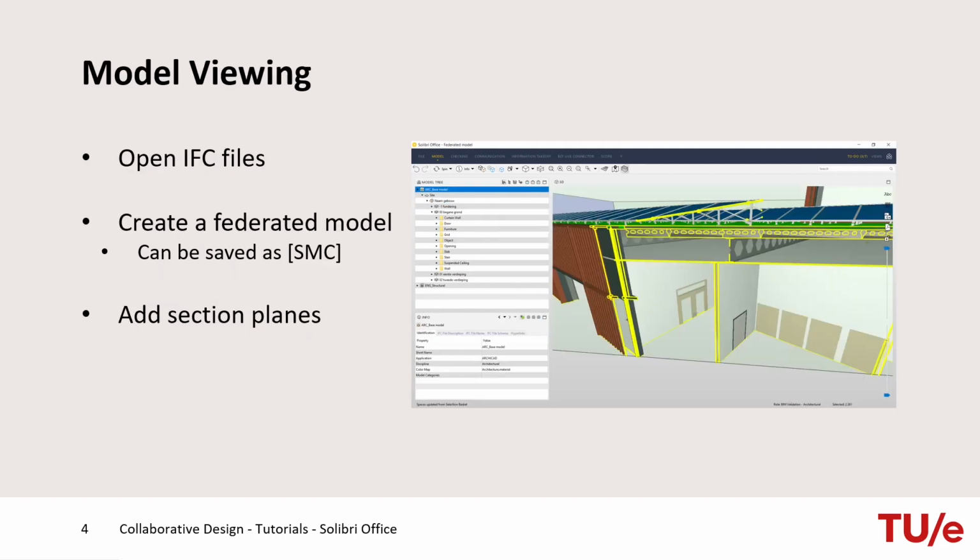To start working on an IFC project for the first time, you need to open a model. Importing multiple IFC models from various disciplines creates a federated model, which allows design coordination and interdisciplinary checks. In the model tree view, you can see the components in the model in different hierarchies. With the sectioning tool, you can apply one or more section planes to your model to see deeper into the model and investigate its internal parts.